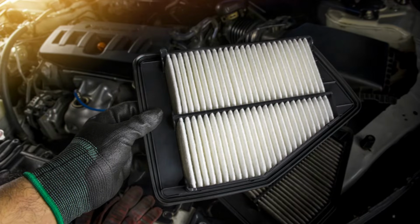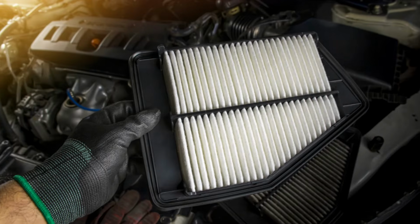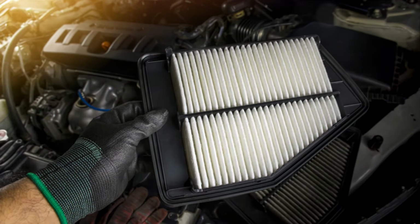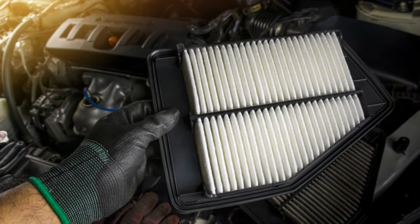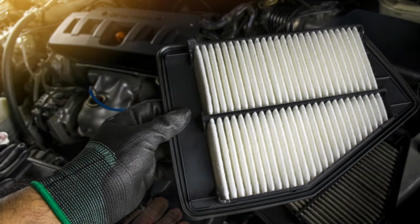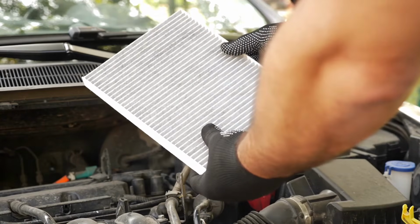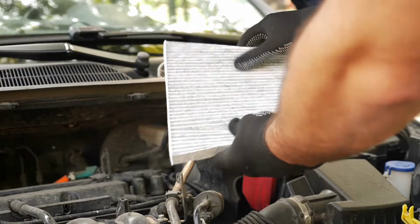First up, we have clogged air filters. Your engine relies on these filters to pull in air, which then mixes with fuel for combustion. If these filters are blocked with dirt and debris, not enough air reaches the cylinders. This causes the air-fuel mixture to run rich, leading to unburnt fuel being expelled as black smoke. A simple solution? Replace that dirty restricted air filter to restore proper airflow and put an end to the smoke